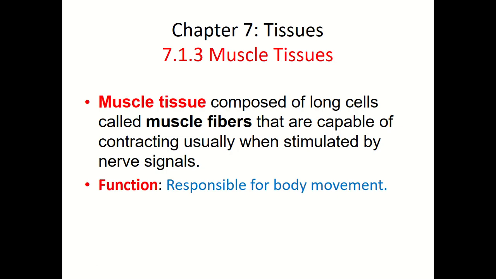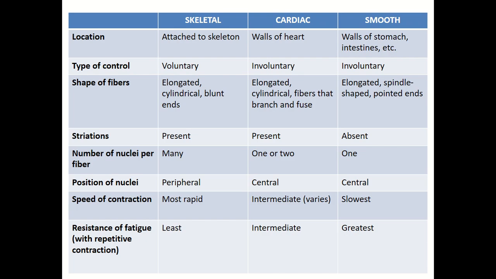So next, muscle tissue of animal. Muscle tissue is composed of long cells called muscle fibers that are capable of contracting, usually when stimulated by a nerve signal. It is responsible, of course, for body movement. So we have three types of muscle tissue: skeletal muscle tissue, cardiac muscle tissue, and smooth muscle tissue. Skeletal muscle tissue, you can find attached to the skeleton. Meanwhile, cardiac is found in the walls of the heart, and smooth muscle tissue is found in the walls of the stomach,